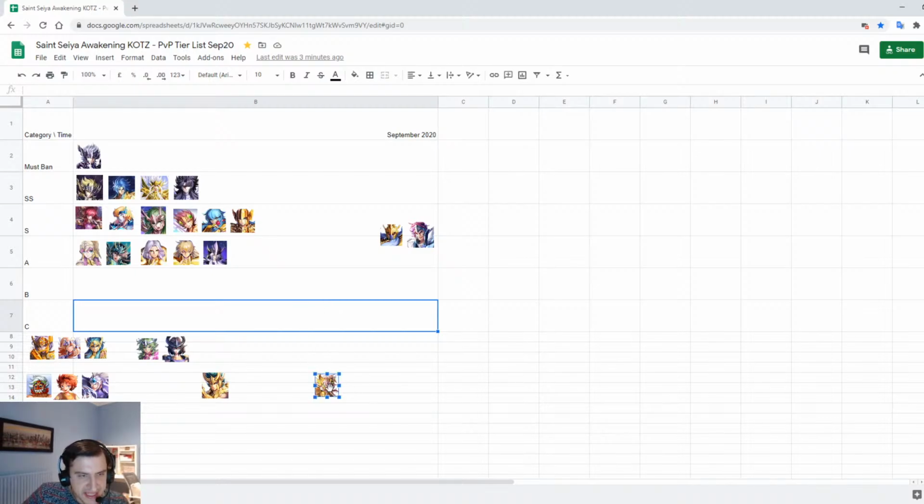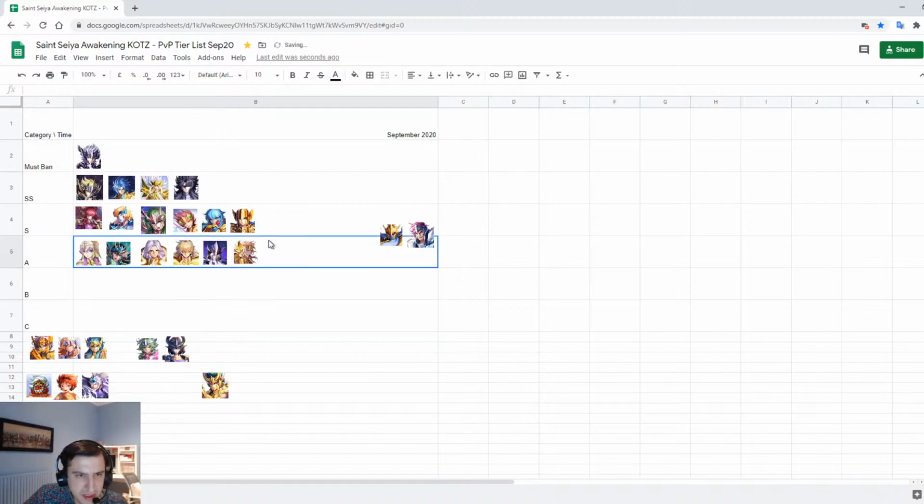So in the A category, we also have then Pog Yoga. And Pog Yoga was clearly made less relevant because of the arrival of Hypnos. However, it's been made more relevant again thanks to the arrival of the Hades repaired cloth, and Pog Yoga can be one of the